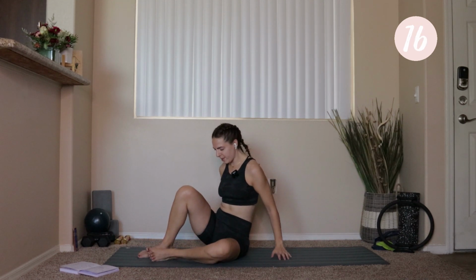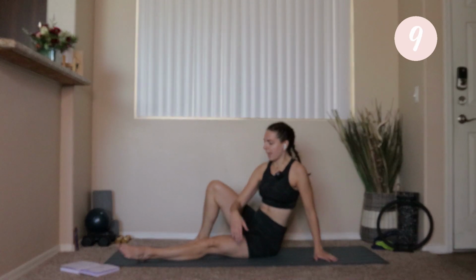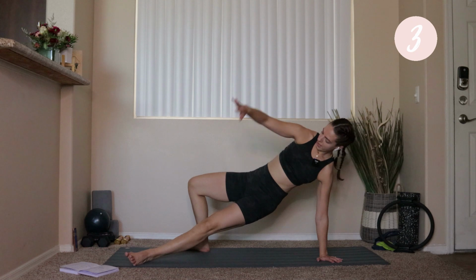We're going to set up into like a rotated side plank. So left hand's going to go down on the mat. Right leg is going to kickstand. Left leg goes out in front of you. We're going to pop up into our plank and we'll take a knee to elbow crunch in 5, 4, 3,